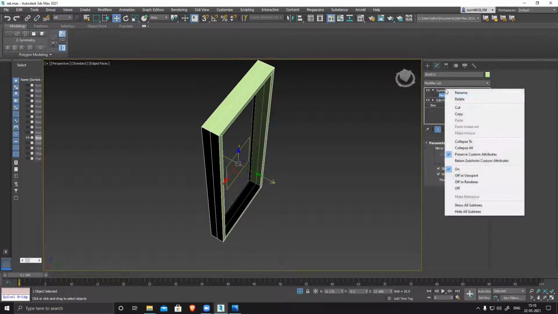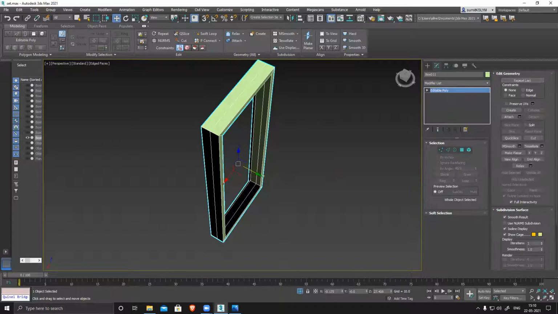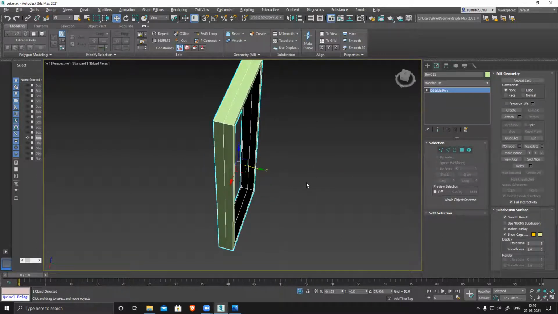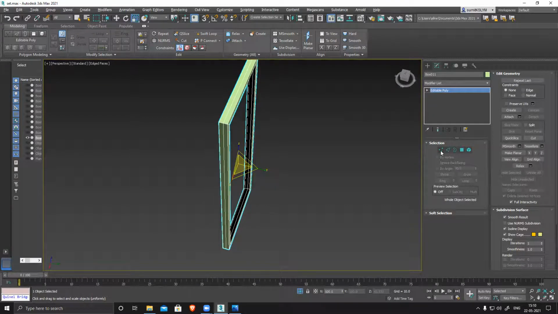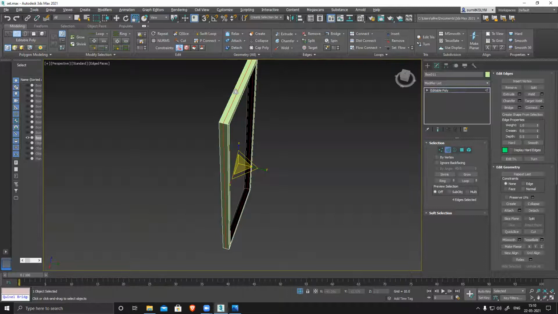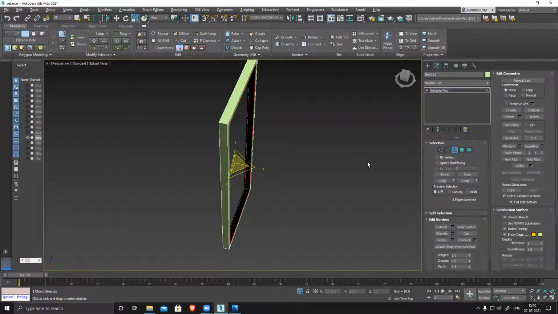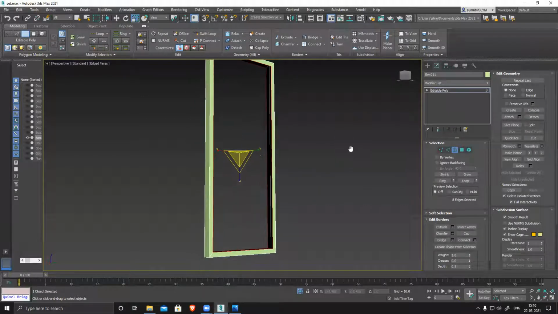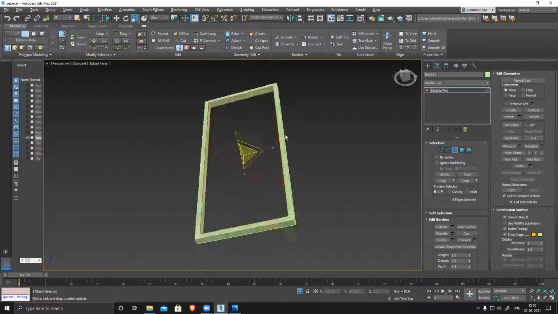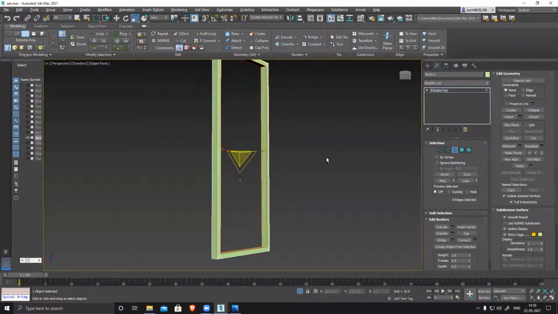I just symmetried this. Collapse all. Options joining. It's way too thick. Reduce it. Then the middle, this thing is not required. I can select both the borders and bridge them like this. So now I have a solid frame.